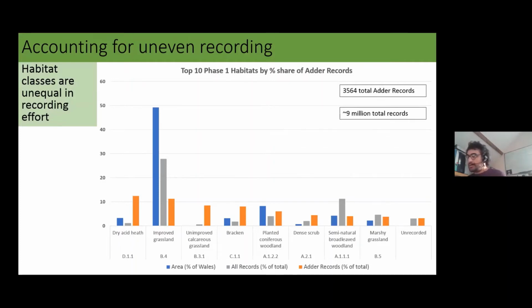It's still not being targeted by recorders at all, because we can see that because this gray bar is lower than the blue bar. It's not been sampled in proportion to its area, but it's still being sampled a lot more than any other habitat, and we have to take that into account. So we do that quite simply just by dividing the height of this orange bar, the proportion of adder records that are coming from the habitat, with the height of the gray bar, the proportion of all records that are coming from the habitat,